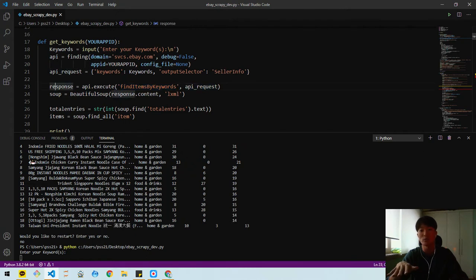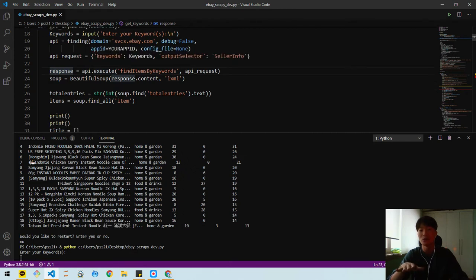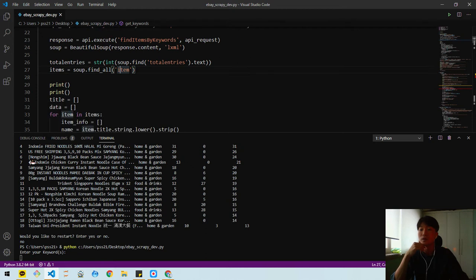And once you get the response from this finding API, then you will get the content as an XML file this time. With BeautifulSoup, save it as soup, and there are two main things that I gathered, but let's see here first. The information of items will be searched all as the item part. So when you just print items,